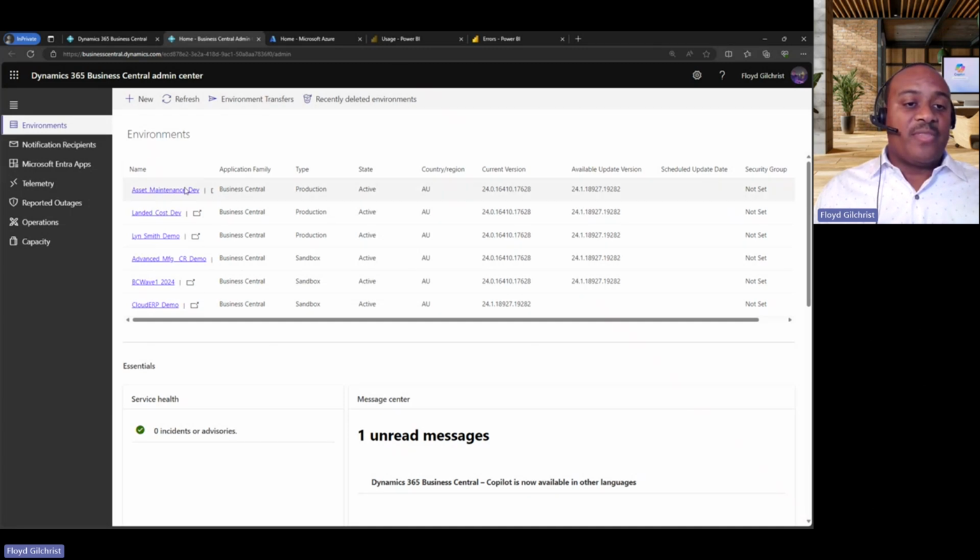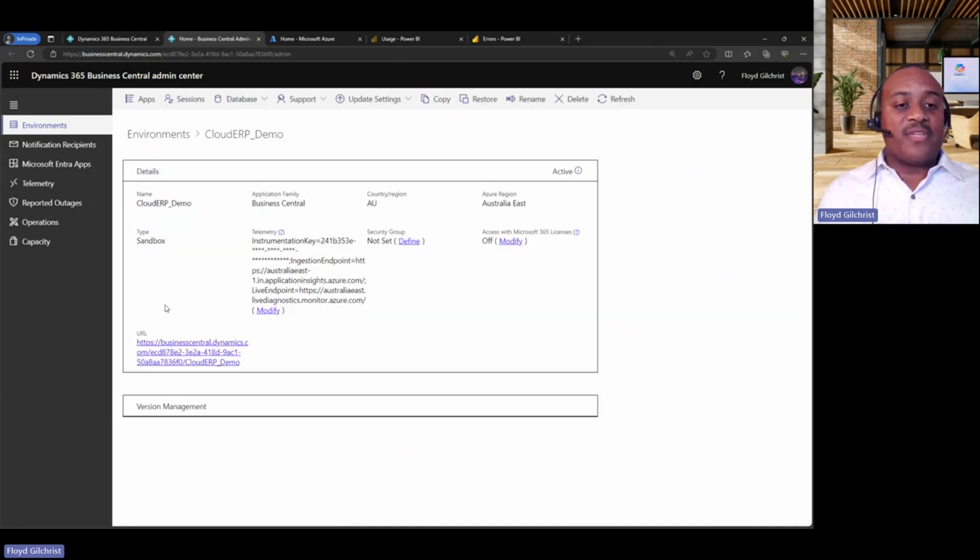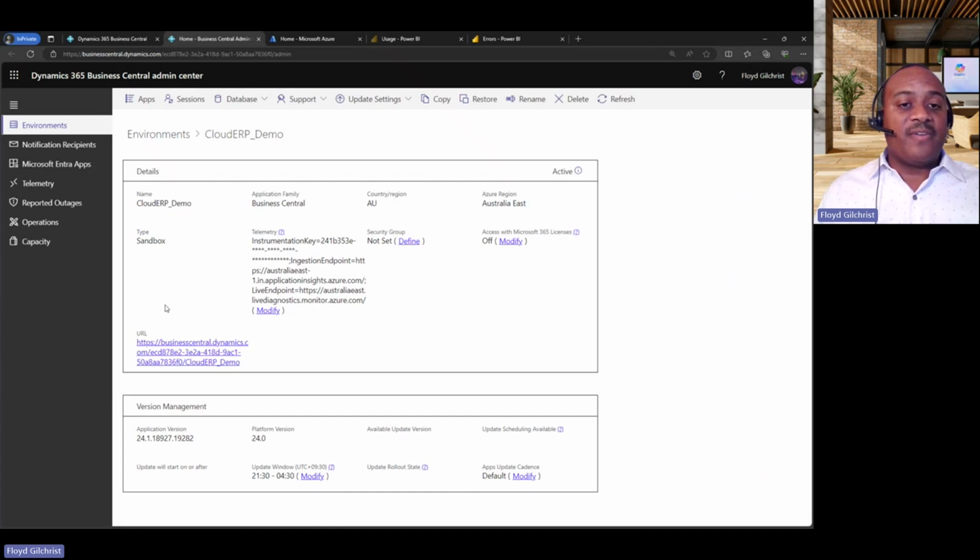I can actually drill into these environments. For this example, I'll drill into the Cloud ERP demo environment. Within here, I can see further details of what's involved within that environment, everything from the URL to click in and access the ERP, which I can share with the users, to also seeing what version I'm running. Ultimately, from the Microsoft Cloud environments, when you talk across all the Dynamics 365 environments, there are usually multiple updates that occur throughout the year. On a monthly basis, you'll find that there are always enhancements coming.